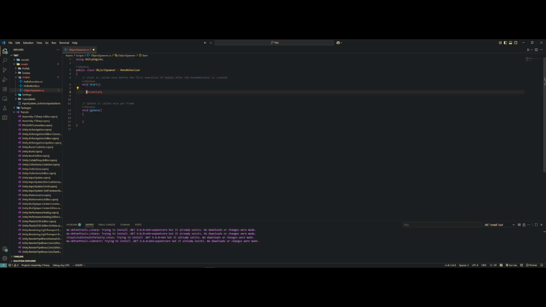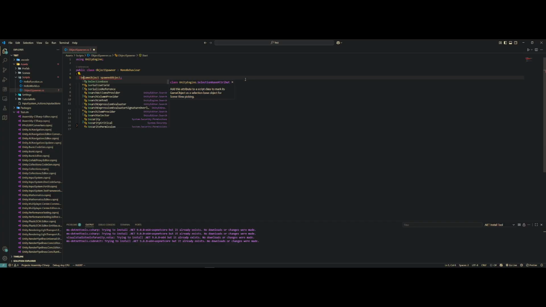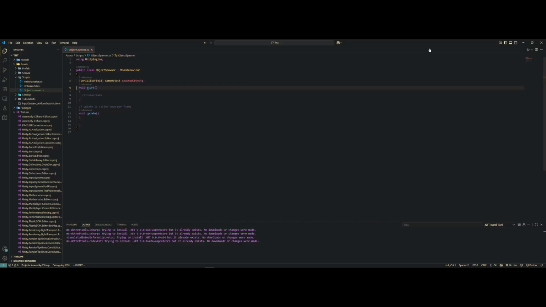So before I can even use instantiate, I need to give it a game object to spawn. And luckily, I had just made a prefab, so let's use that. I'm going to make a variable of type game object, call it spawned object, and we are just going to make this a serialized field. So now when we go back to our editor,